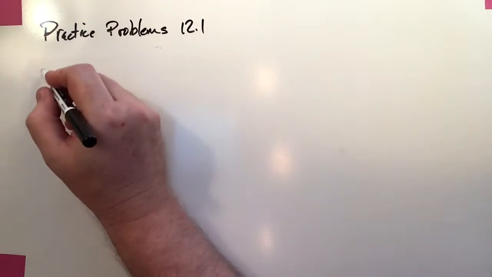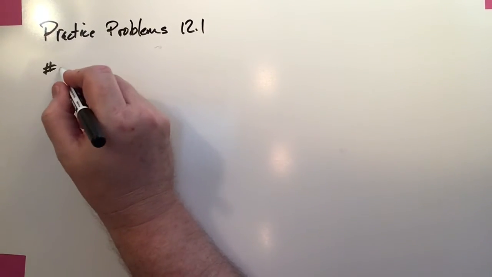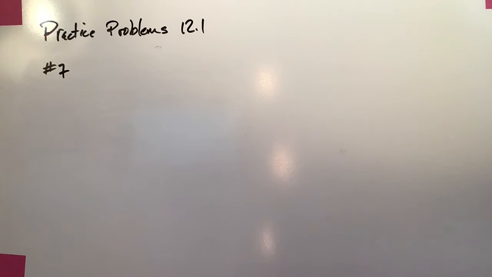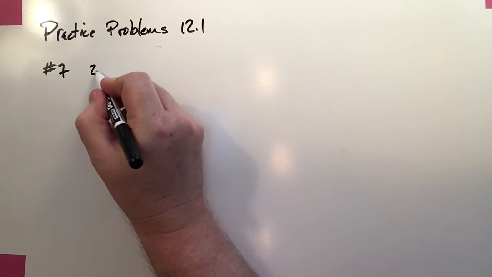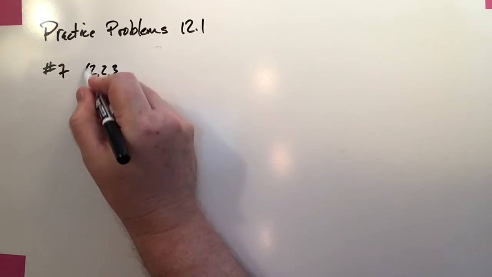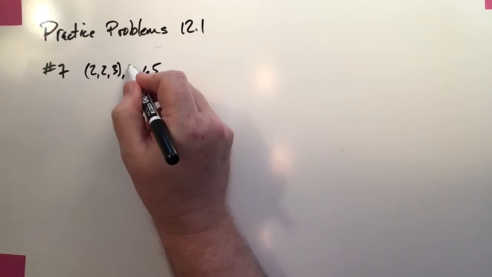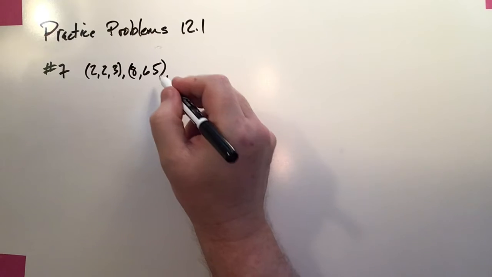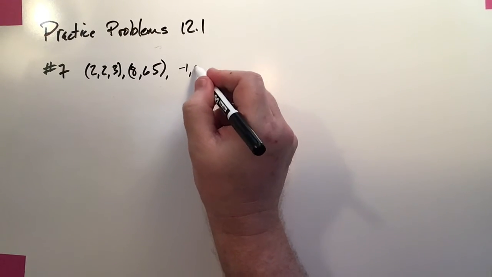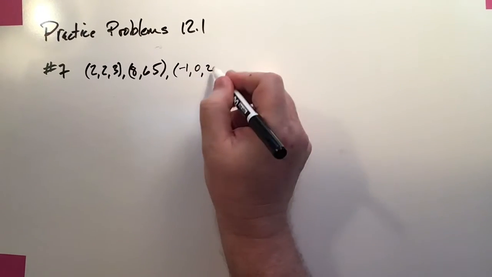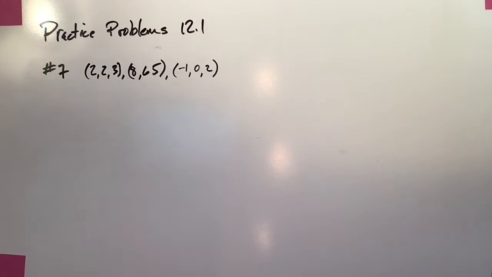Our second practice problem from section 12.1 is number 7. Number 7 gives us the following 3 points: (2, 2, 3), (8, 6, 5), and (-1, 0, 2). It basically asks us to find the length of the 3 sides of the triangle formed,